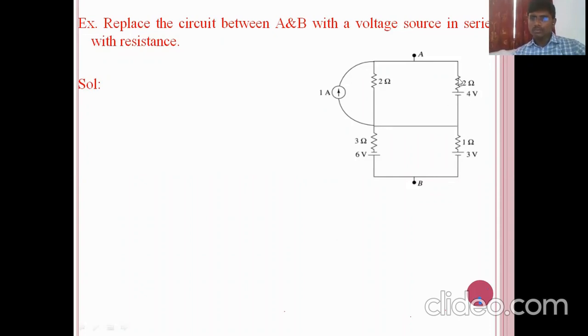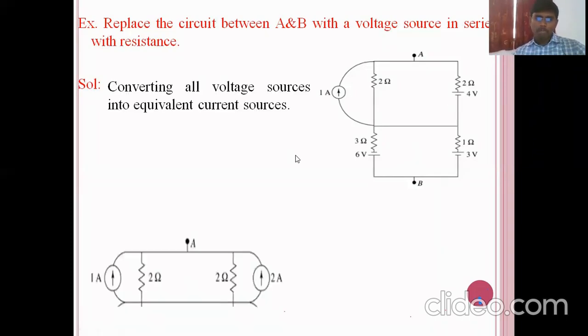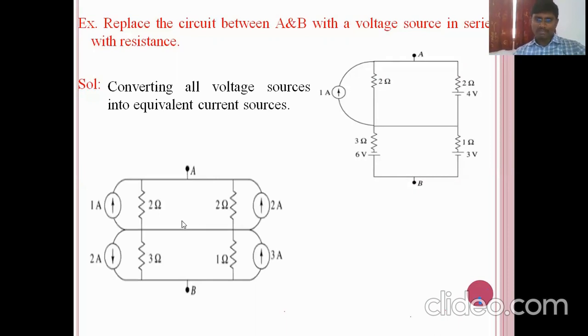So in that context, this is a parallel network. You convert this voltage source into a current source, and these two voltage sources also into sources, so that we can add. Suppose there is no central line; if you convert this into a voltage source, we can easily add these two. But here there is a line. Because of that, these two are in parallel, and in parallel we can add only current sources. So you convert this into a current source, this into a current source, and this also into a current source. The resultant network becomes like this.